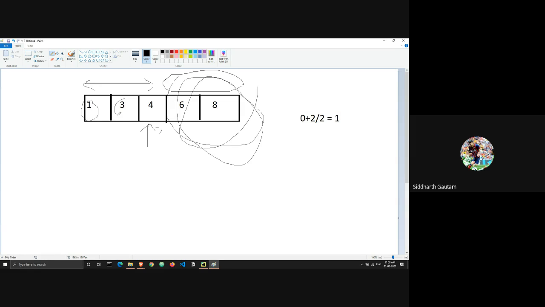This one, right? This element 3 is at index 1. Is 3 equal to 1? The value 3 is not equal to 1, right? And the value 3 is also greater than 1, which means that again, whatever element we are looking for is on the left side of 3. Okay, and there is only one element to the left side of 3. Since there is only one element, we check for that and we find our element. Okay, and I will just Control Z everything here.